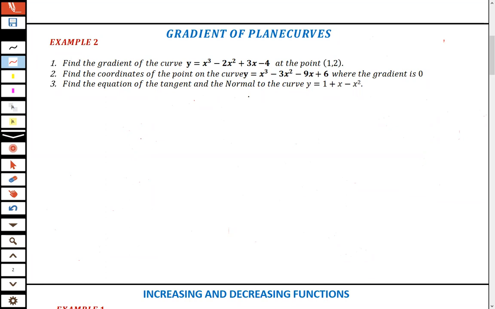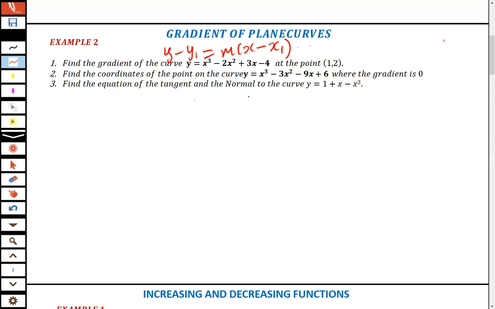So how do you find the equation? According to mathematics, the equation of a straight line, because we know that a tangent will always be a straight line to the curve. This tangent is mostly a straight line, not always. They're saying find the equation of the tangent. So the equation is found by using this formula, y minus y1, according to coordinate geometry, is equal to m times (x minus x1). So this is the equation of the